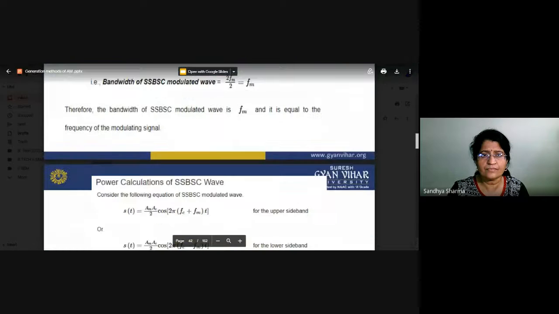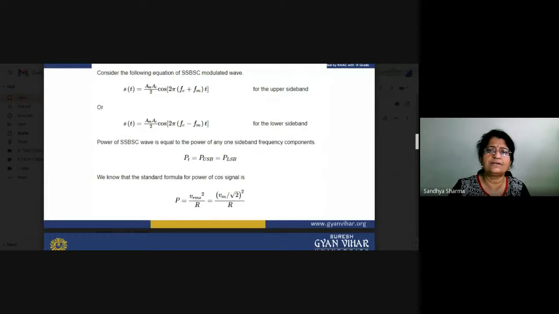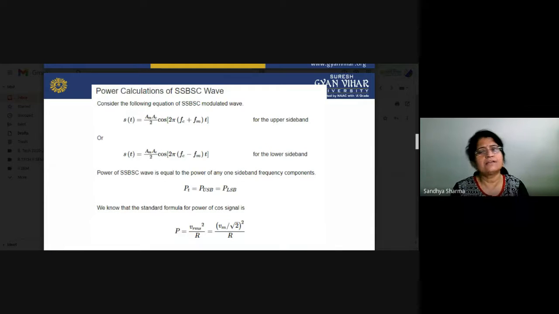So that is again, as we have already seen. Now we have to focus a little bit on the power calculations of the SSB-SC signal. As we can see the basic spectrum pattern, in previous lectures we also calculated the mathematical expressions of this. So AmAc/2 is basically the coefficient or amplitude of our spectrum, our upper sideband and lower sideband.